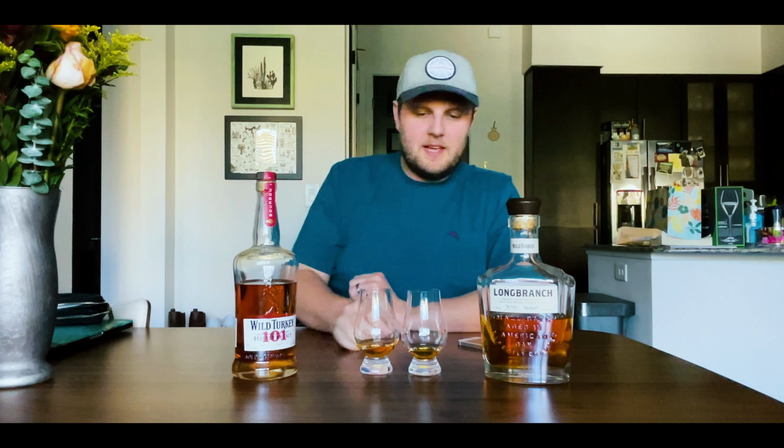Let's move on to smelling the Longbranch here. Whoa. So much more mellow. Like immediately I'm thinking like honey. I'm feeling like this has been watered down. I'm still getting a little bit of that bourbon smell, but it's a lot different and a lot lighter. I'm getting like a ripe banana on this one. Like banana, honey,